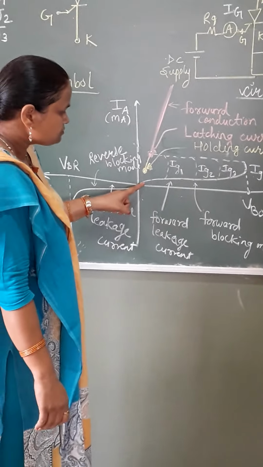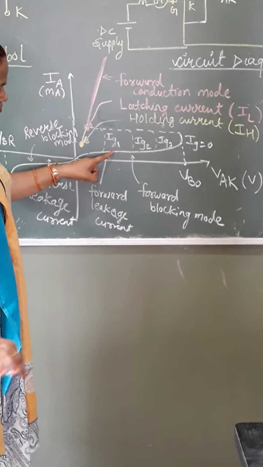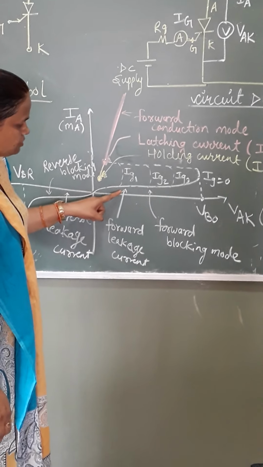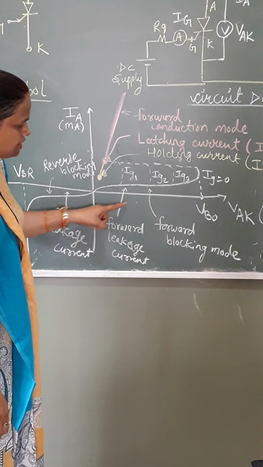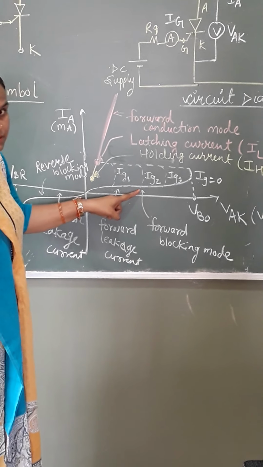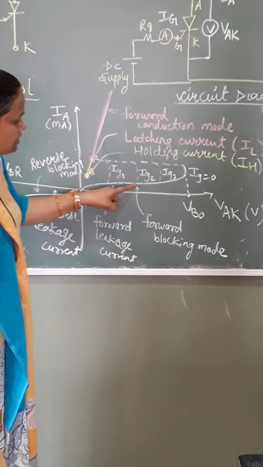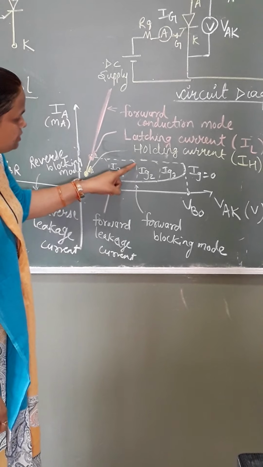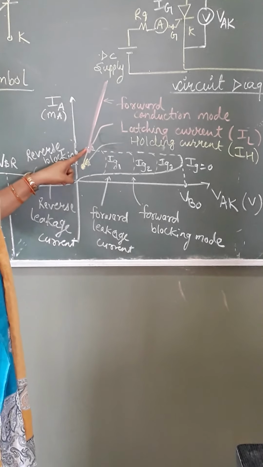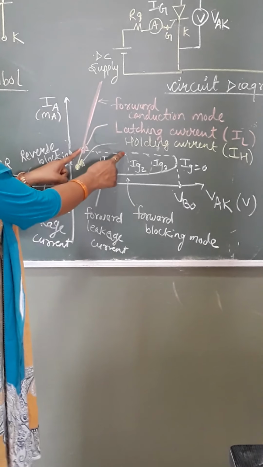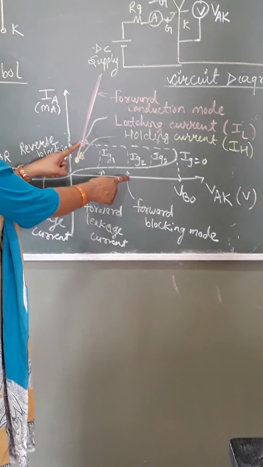That is why, when you go on increasing the forward voltage, initially the switch will not be on. There will be a small amount of leakage current. That current is termed the forward leakage current, and the switch is in blocking state. It is blocking that forward voltage. The moment you apply the gate signal, for example Ig2, the device is brought into conduction. So the device has been latched into the conducting state by applying the gate signal.